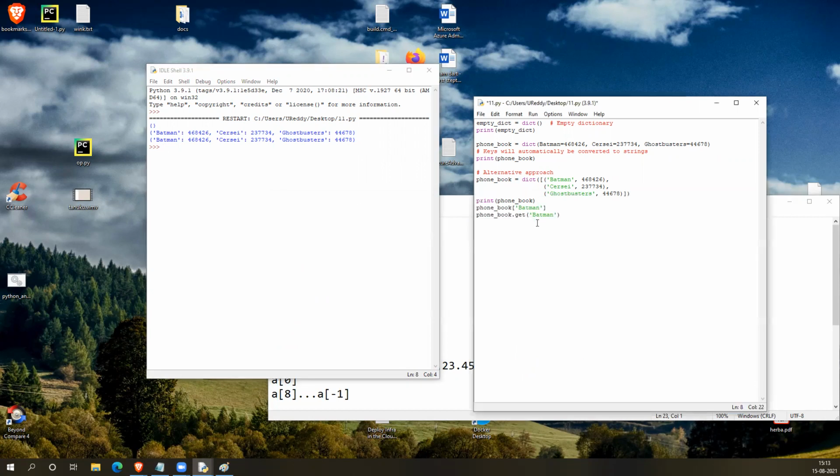Here, you don't need any append function because we are not following any order here. So simply what you can do is you can simply create a new entry just as it is. Batman, like that. You type Catwoman is equal to some value. If a key pair already exists with this particular key, that value will be updated. If it doesn't exist, a new key pair will be inserted into that one. Let me print this and show you.